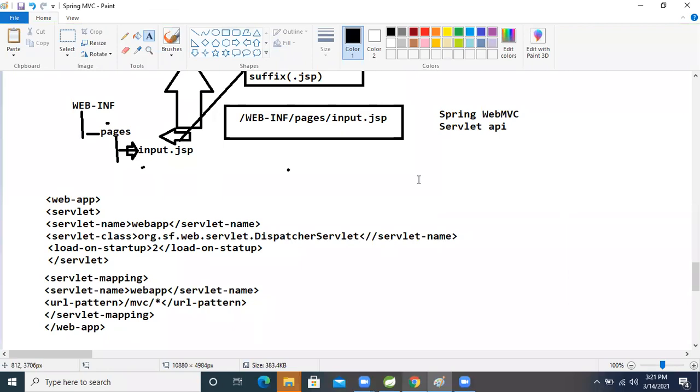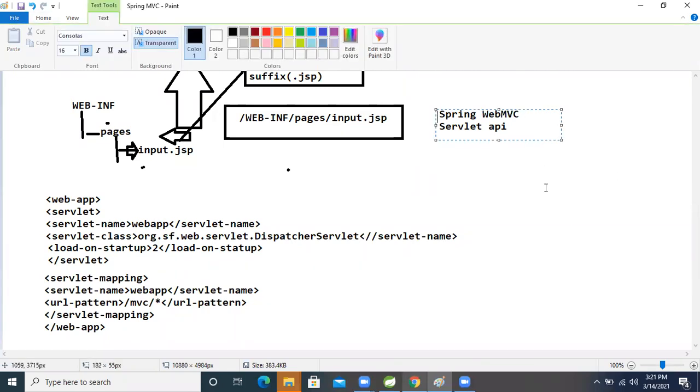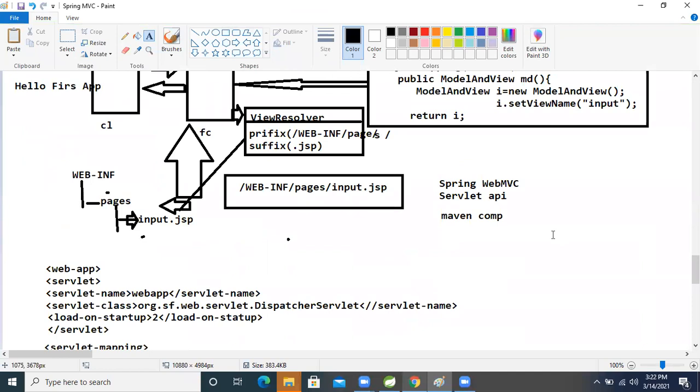If we want to work on Spring MVC, we need these two dependencies, then we can work. Another one is the Maven compiler. Okay, these three things we need.